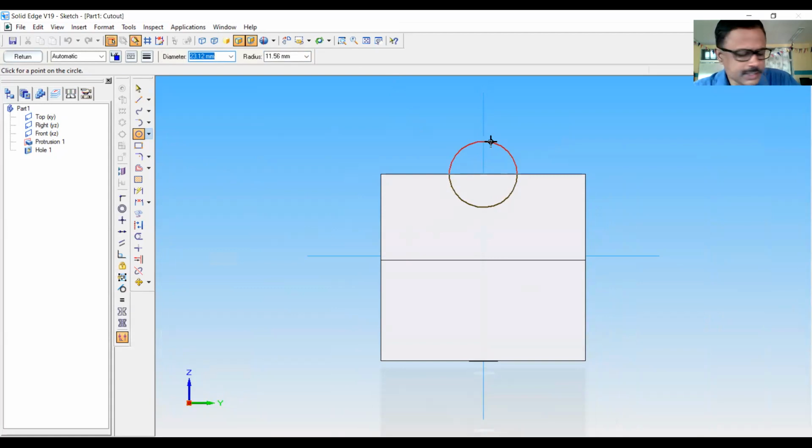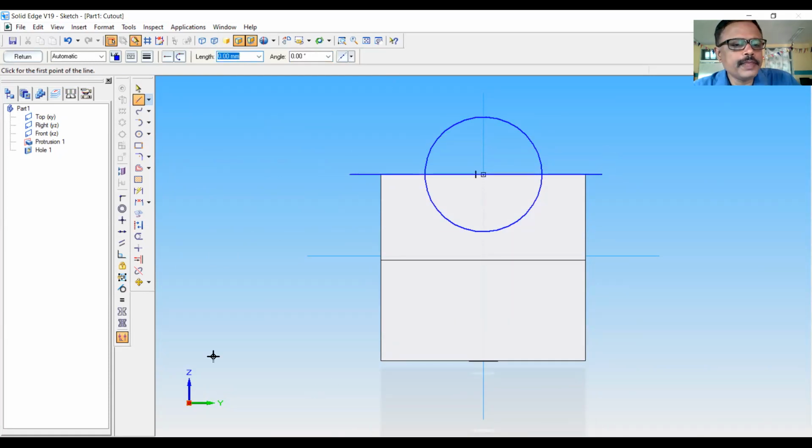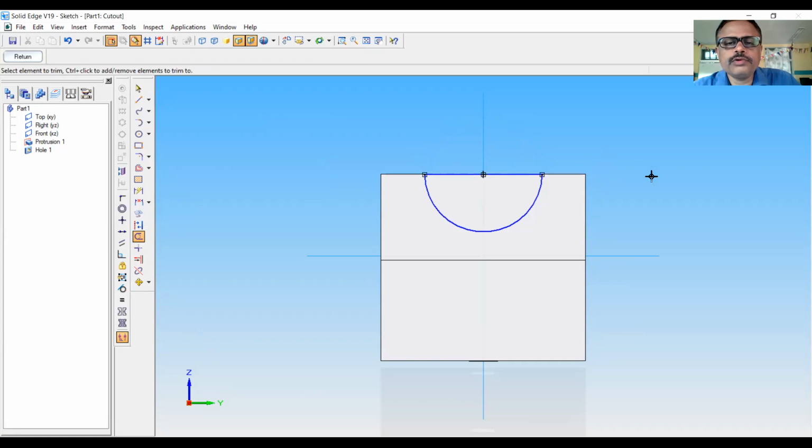The radius is 20, so it is asking for diameter, so I will type 40. Now right click to abort the command, click on line. It is just a construction. Now remove the unwanted portion by using the trim command. Whatever I don't want, I have trimmed it.